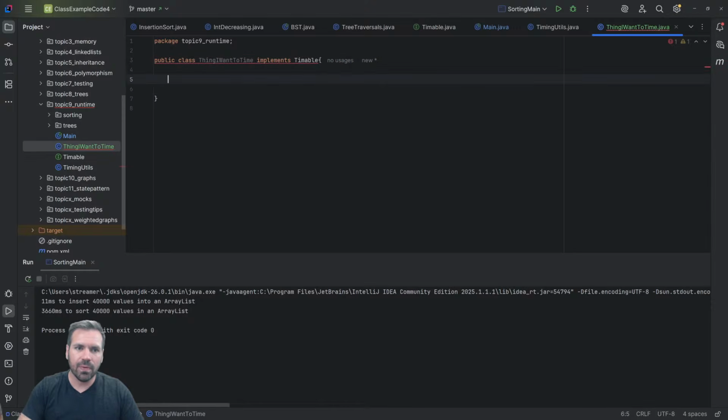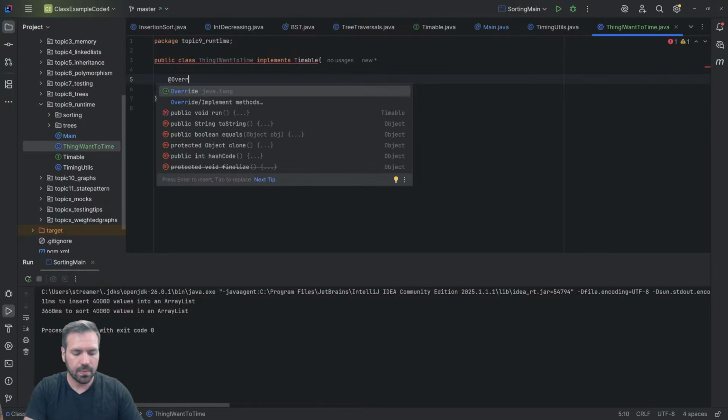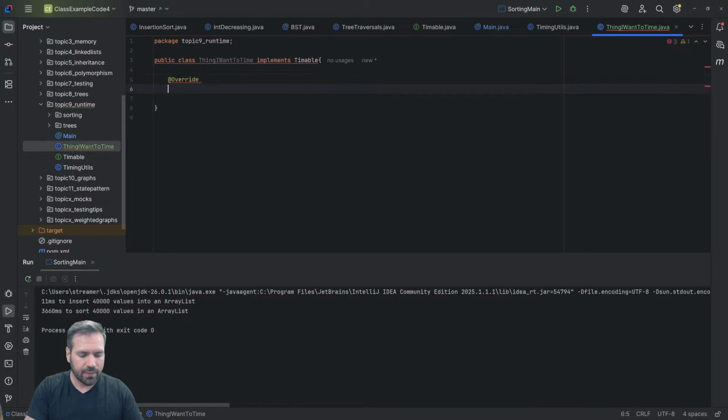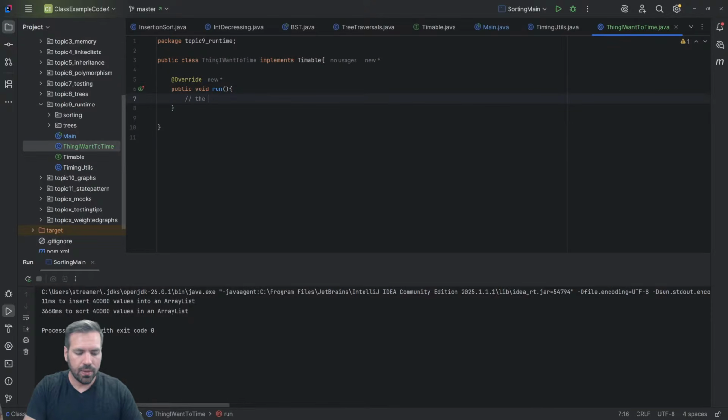And then I'm going to have to override the run method. So I'm going to have to override a method. It has to be public. It returns void. It's going to be named run, takes no parameters, and has the code I want to test for